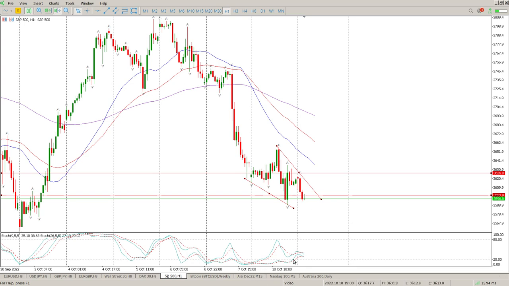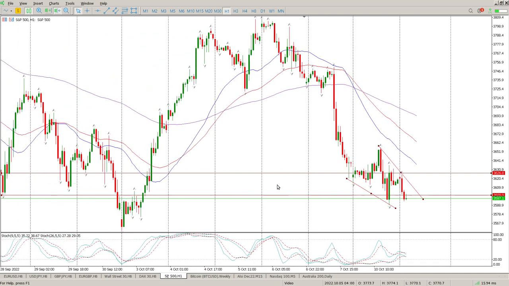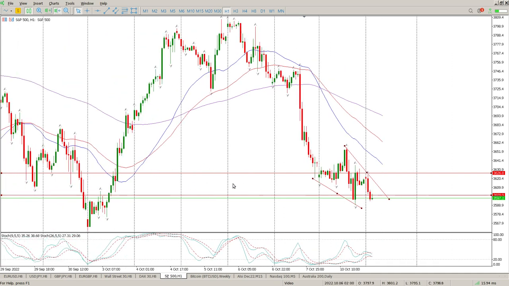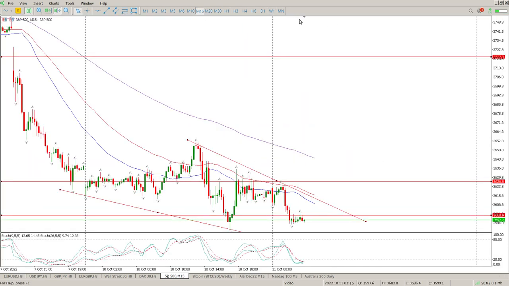And look at the divergences we've got here. So price making a new low, oscillators making a new sort of lower high. So that is divergence. That's indicating that something is brewing in this zone, and it would not surprise me to see us break this and sort of get another little bear rally, possibly up into this zone up here at 37.22. So let's just get down to the 15 minutes,